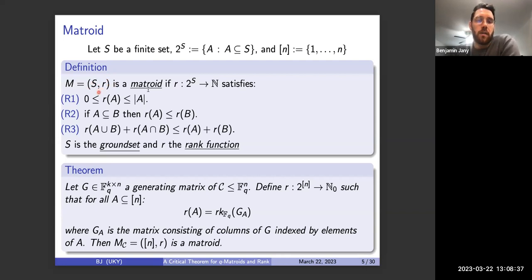Now, this rank function needs to satisfy three properties. It needs to satisfy a boundedness property. So for any subset A of S, the rank of A, so R of A, must be between 0 and the cardinality of that set. The function also needs to satisfy some non-decreasing property given by R2. And the most important one is that the rank function needs to satisfy this submodularity property, which states that